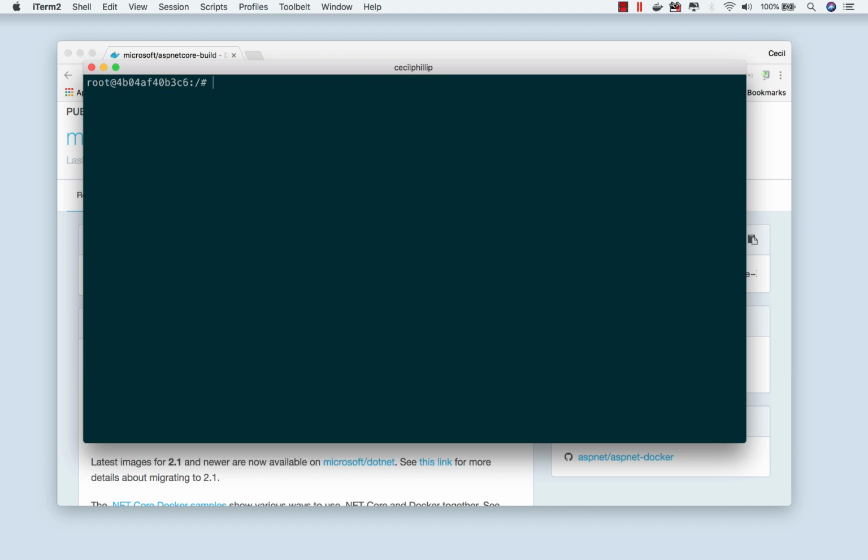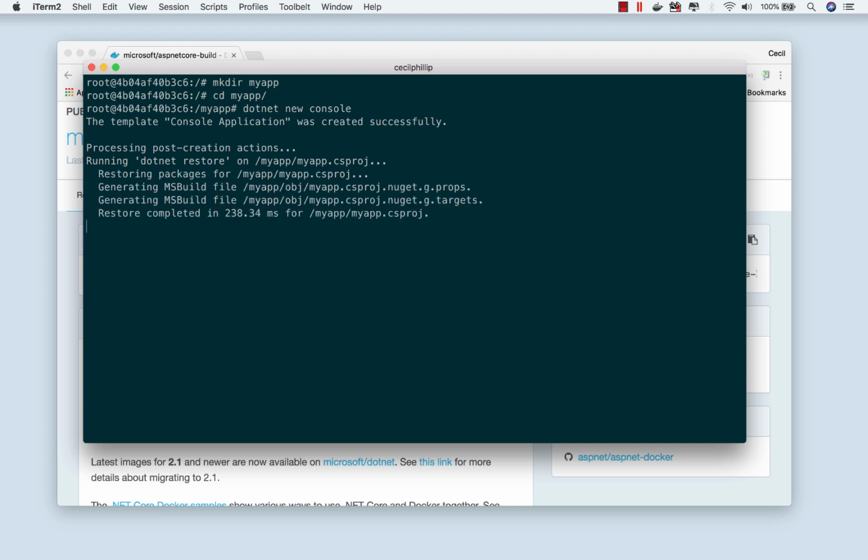Next, let's actually create a .NET application. So first thing I'll do is I'll create a folder. I'll call this my app. Next, I'll type in dotnet new and the type of application I want to create. So in this case, I want to create a new console application. Now, all I need to do is type dotnet run. And as expected, it prints out hello world on the screen